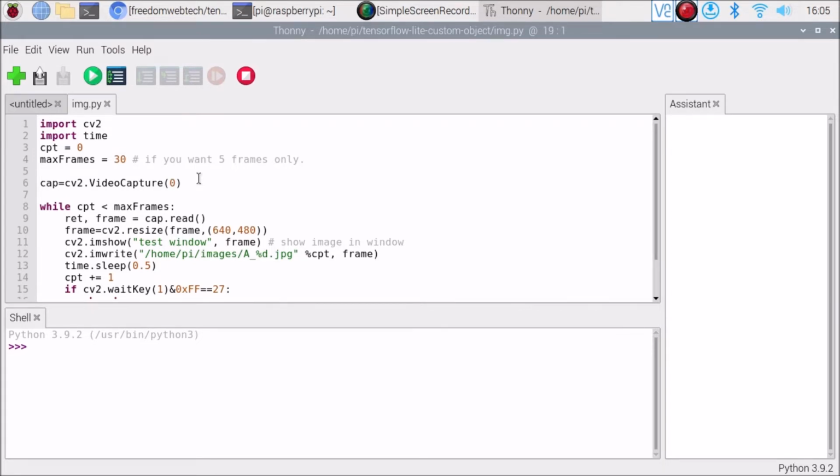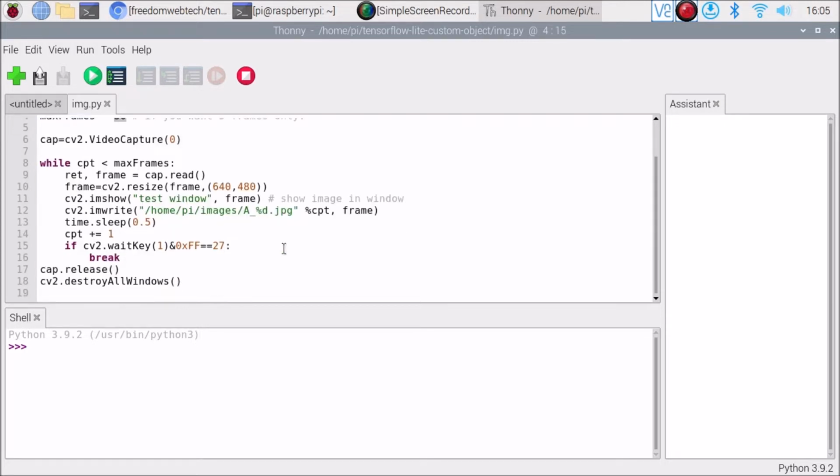Okay, so it will create 30 images for each object. Means, as you can see, the max I have mentioned here is 30. It will create 30 images for the yes object, which is the first object, then 30 images for the no object. The same for I love you and thank you. Okay, simple. Then here it is, as you can see, I have mentioned the path where we want to save the images. We want to simply save the images inside the /home/pi images folder.